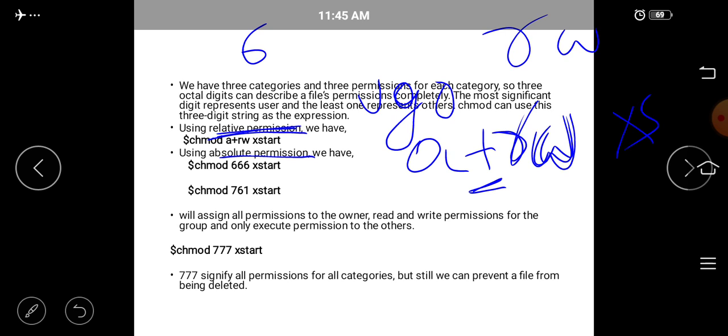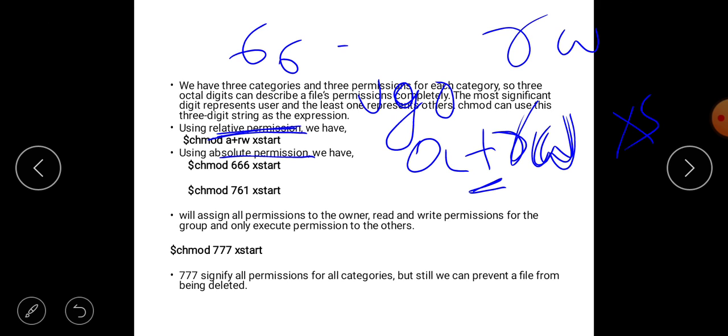666. The first 6 represents the read write permission for the user. The next 6 represents the read write permission for the group.